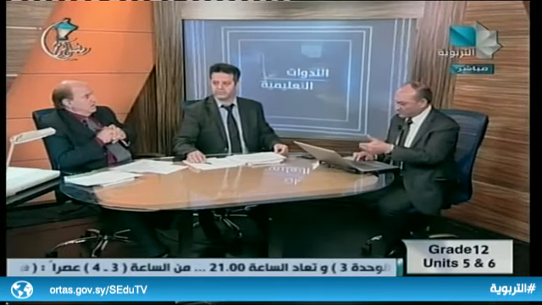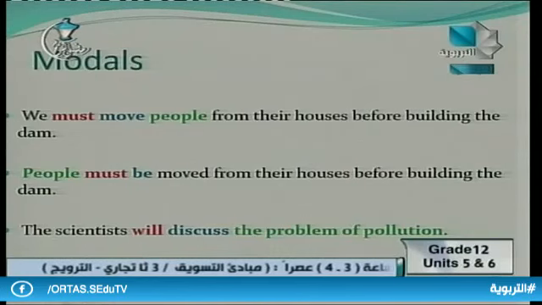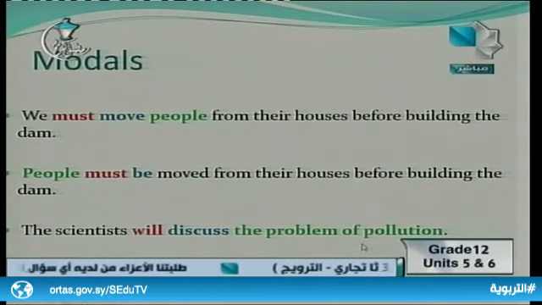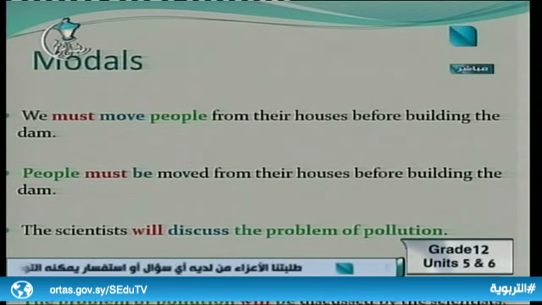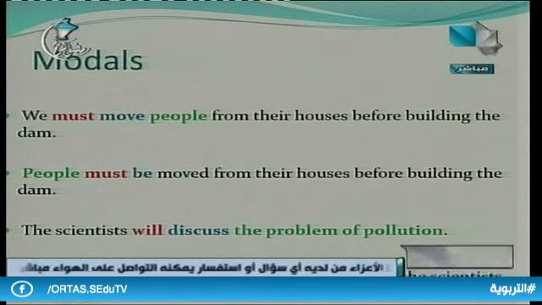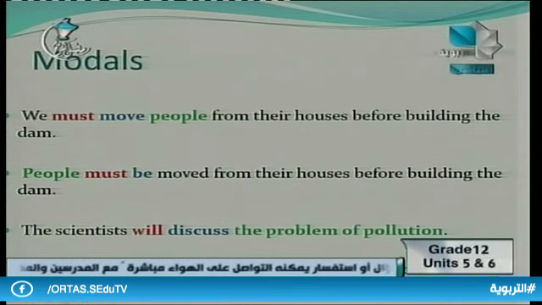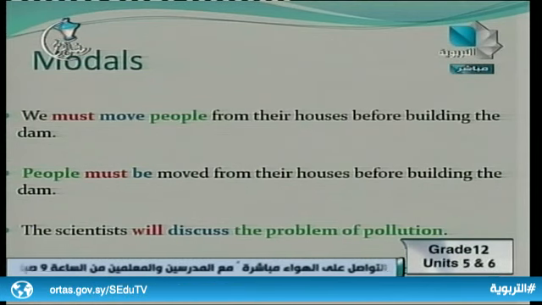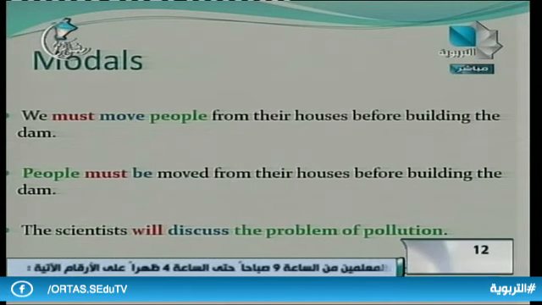And we have one more example. As you can see on the laptop, the scientist will discuss the problem of pollution. The problem of pollution will be discussed by the scientist. That's it. So here we can say that all modals should be followed